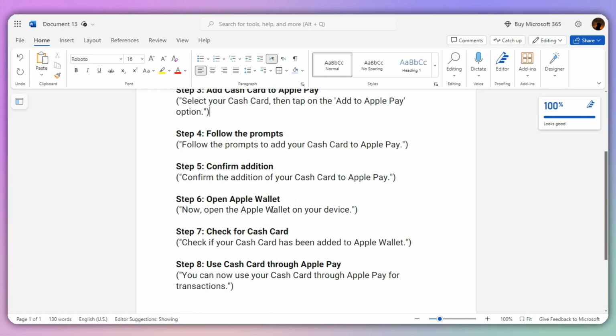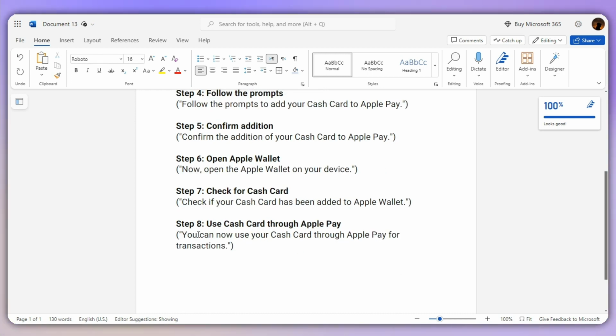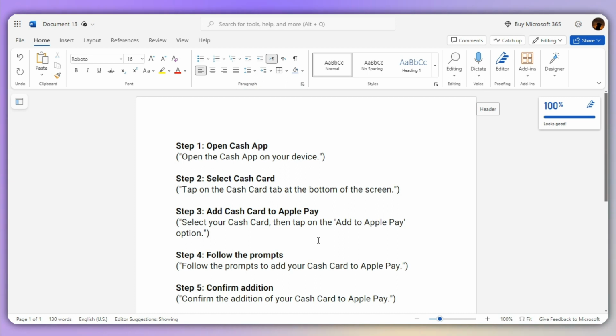Open up your Apple Wallet on your device. Check if your cash card has been added to Apple Wallet, and then you can use your cash card through Apple Pay for transactions. Now, in order to add your money, you just need to tap on the add money